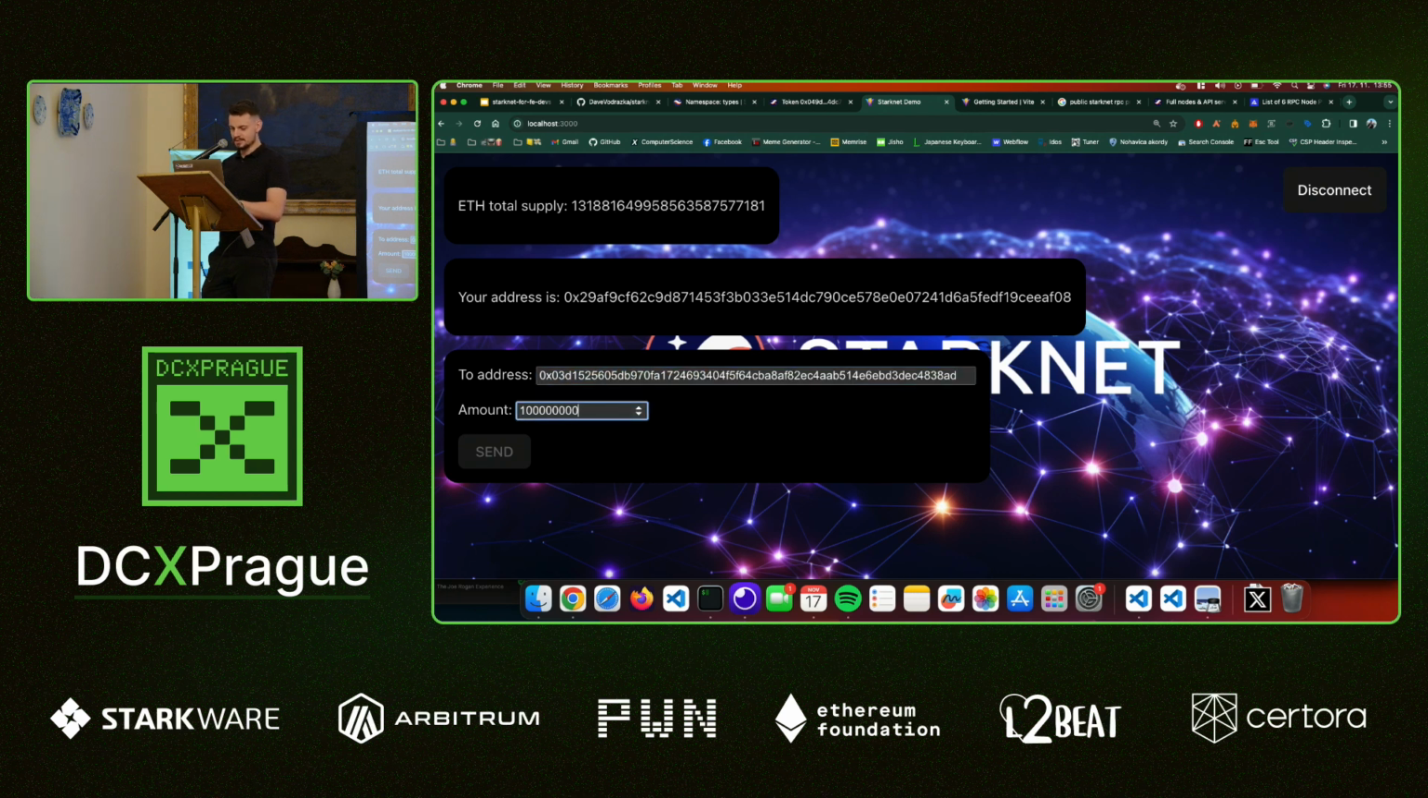And now I'm gonna send some crazy amount of ETH. Again, you gotta keep in mind that you need to divide it by 10 to the power 18 to get ETH. So if it's got 18 zeros, that's 1 ETH. So this is like